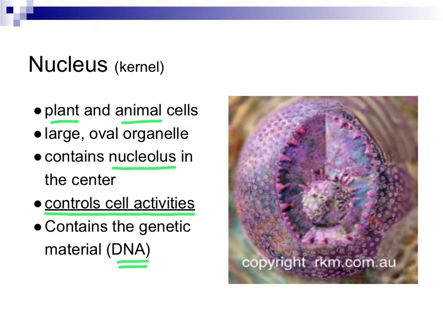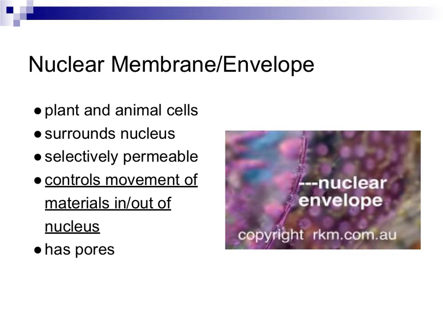So the nucleus can determine which types of proteins are produced so that the cell can do its specific job. Surrounding the nucleus is something called the nuclear membrane, which is also called the nuclear envelope. This is found around the nucleus in both plants and animals. And again, that nuclear membrane surrounds the nucleus. Like the cell membrane, it is selectively permeable, which means it can control the movement of materials in and out